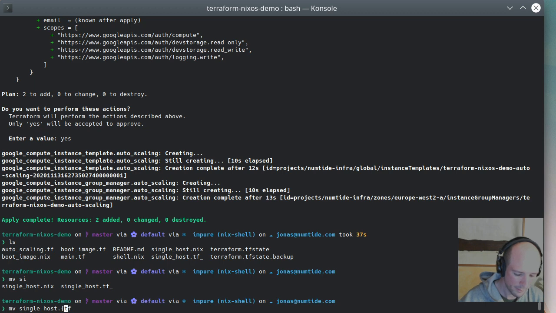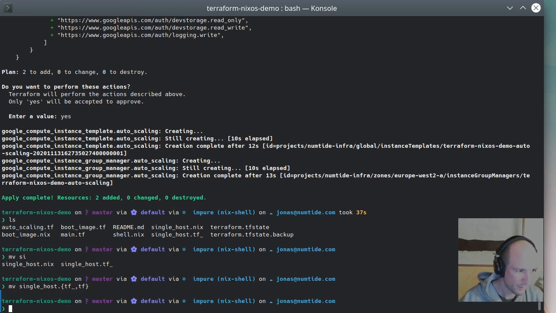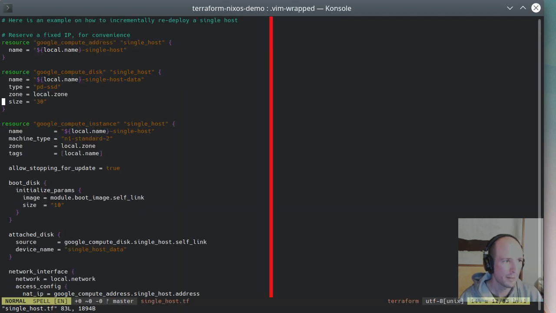Now let's say you have a pet VM. That's, for example, your Gerrit instance or something that holds some state. Here you don't really want to replace the VM on every deployment. What you would prefer is something more incremental where the VM is being monitored, so you go and fix it if it goes down. But if you have some new code to deploy, you want to just change your Nix config, run Terraform, and it should deploy the new code, right? So here we reserve an IP address just so we have a fixed IP, so even if the VM goes down,